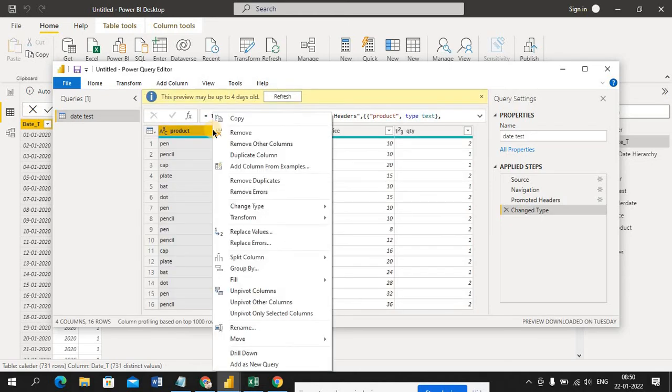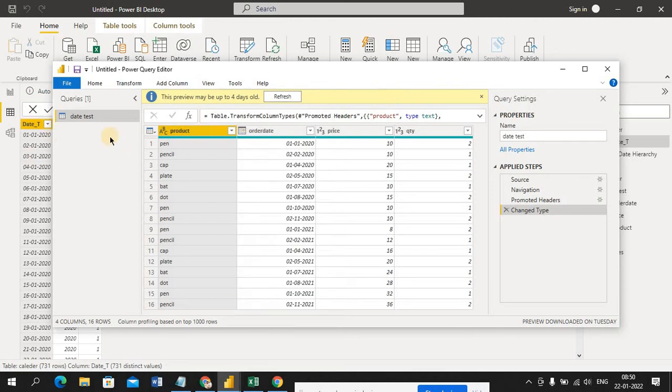So here I came into the Power BI query editor.